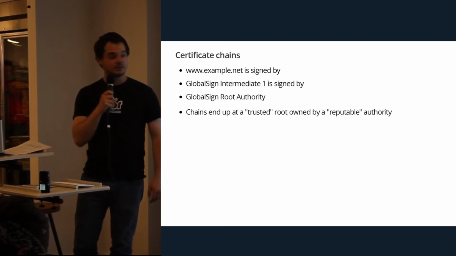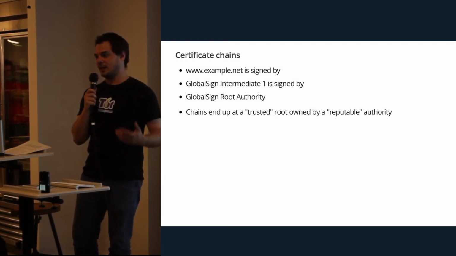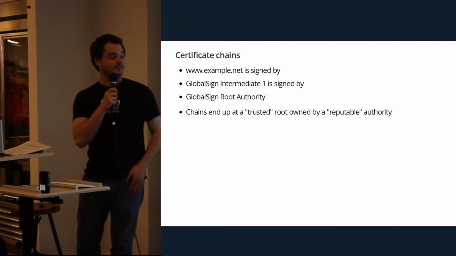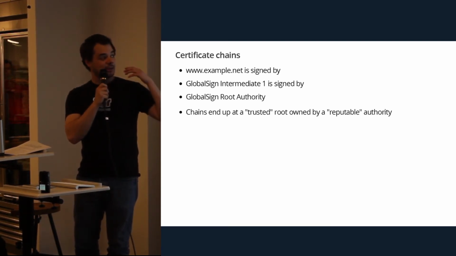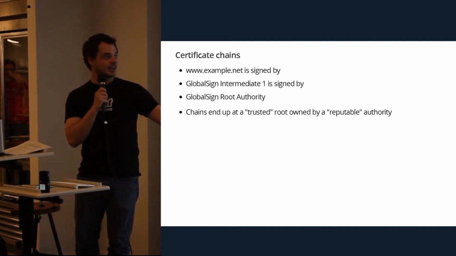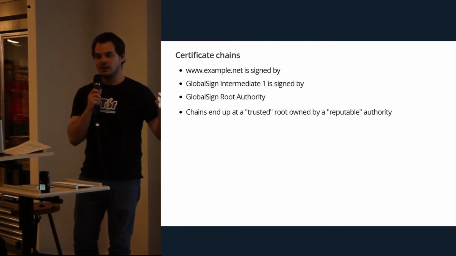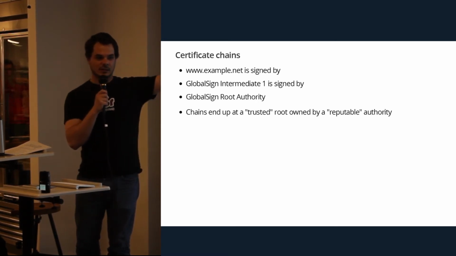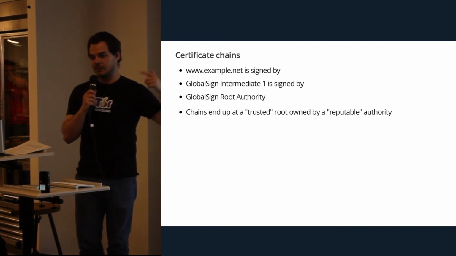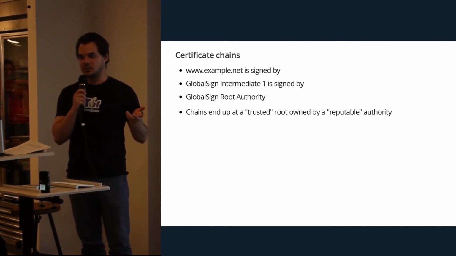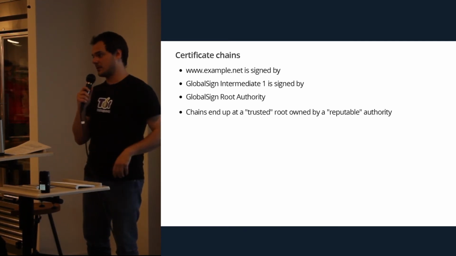So basically, I'm on example.net, and I want to get an SSL certificate. So I have to go to, say, GlobalSign, who's going to issue me a certificate from a private key. But they don't want to put their master key out in the wild, on a computer that's actually live, because if they lose that, it is a huge cost for them to reissue it and to prove that it belongs to them.